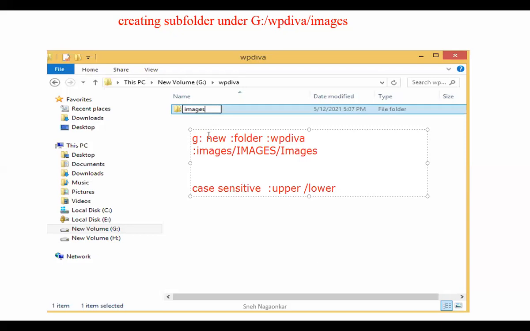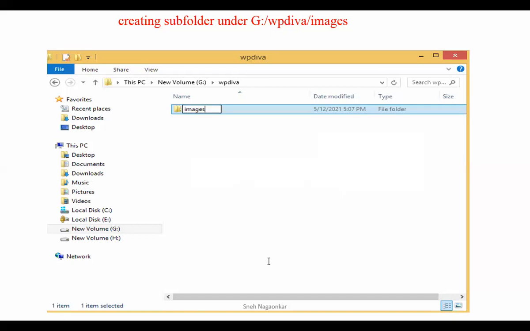So what we did is we created a new folder WP division A in G drive. In that we created one more folder, that is images. See here, you can see this folder images is created in G drive, WP division A, and then images. This is the second part of today's session.